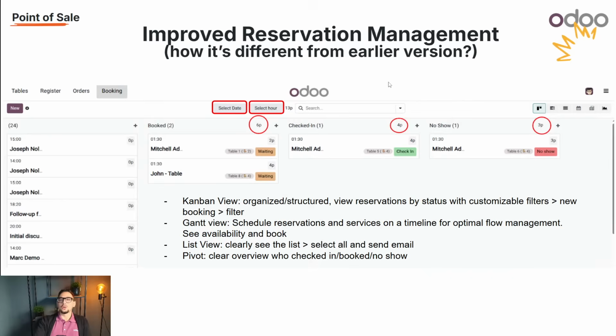Okay. So we also have an improved reservation management view for the customers. They have a couple of different views that they can see. As we can see here in the reservation management, I can see what is booked, what is checked in, and what customers did not show up. I can see this in a Kanban view, which is more organized and structured, so I can see the reservation by status. A Gantt view, so I can see it on a timeline and see the exact availability of each table,